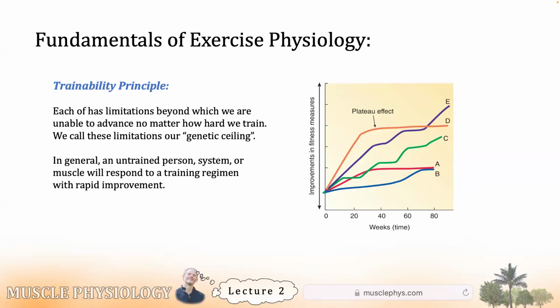The trainability principle. This is different from the dose response curve, and it's not describing an investment payoff response. It's describing the different journeys of different individuals. In the chart, there are 5 people represented: A, B, C, D, and E. These are 5 different people, and they're all responding to exercise or to training differently because of individuation. These are individuals. They respond to things differently.